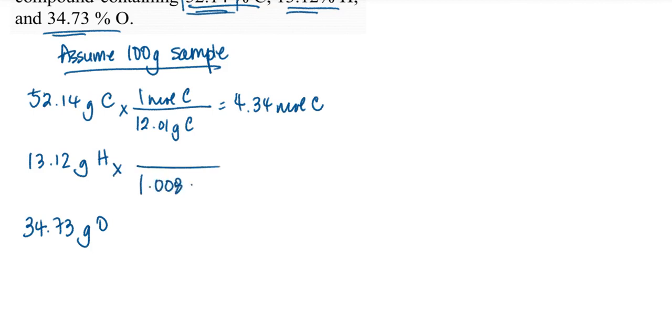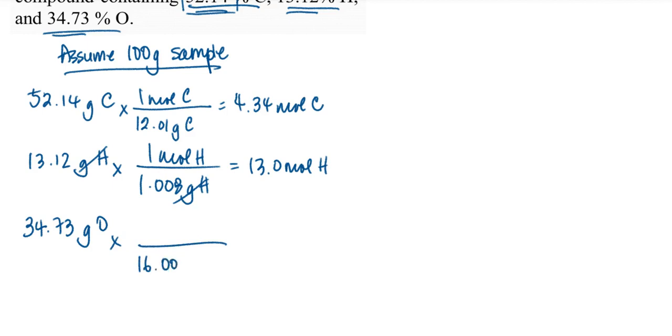Now I'm going to move on and do the same with hydrogen. So I'm going to apply hydrogen's molar mass. Okay, so that would mean I take 13.12 grams of hydrogen, divide by 1.008, and I get 13.0 moles of hydrogen. And then I'm going to do the same for oxygen. So the molar mass of oxygen should be 16.00 grams of oxygen for every 1 mole of oxygen. And if I go ahead and do that math, that'd be 34.73 divided by 16, and I get 2.17